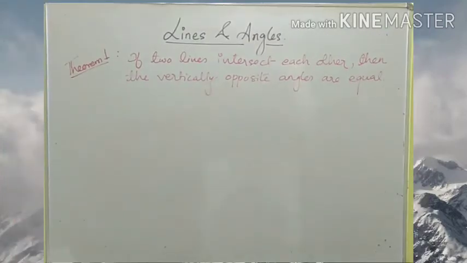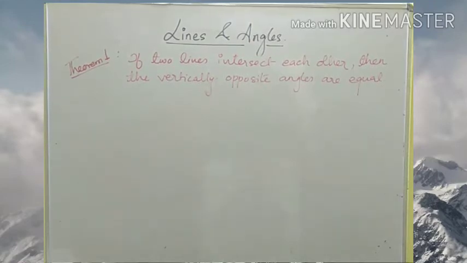The theorem is saying if two lines intersect each other, then the vertically opposite angles are equal. Means what is given to us? Two lines. And how are the lines? They are intersecting lines. Now dear children, before solving any theorem or any problem, we have to find out what is given in the problem and what we have to prove. हमको क्या दिया है और हमको क्या लाना है.